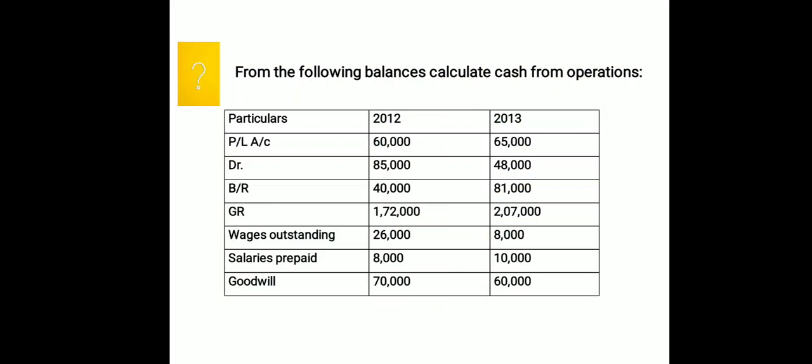So I hope you can make out the relation. Just opposite: if we are adding increase in current liability, then we are also adding decrease in current asset. Fine. So after adding your increase in current liability and decrease in current asset, we need to deduct. What we need to deduct? If I am saying that increase in current liability I am adding, then definitely decrease in current liability I will deduct. And if I am saying that decrease in current asset we are adding, then definitely increase in current asset I have to deduct. So I hope you got the thing. Why I used to tell you, just remember one rule.